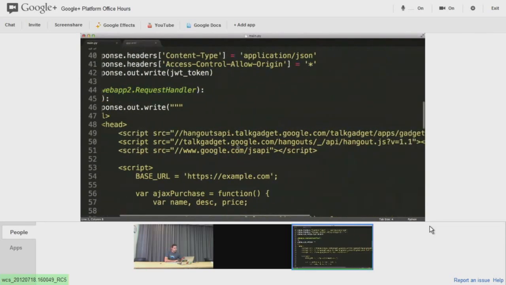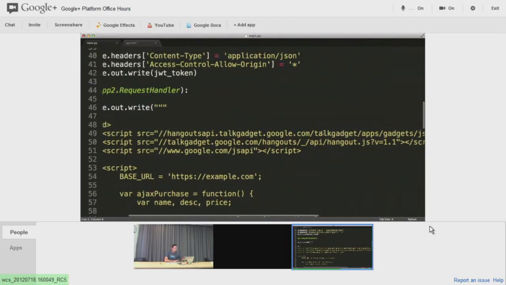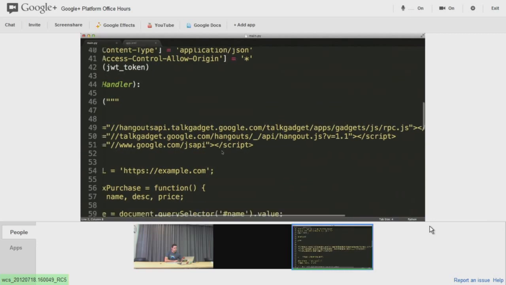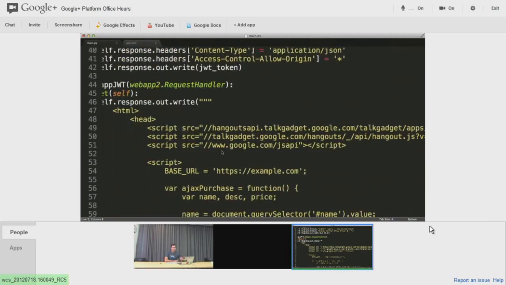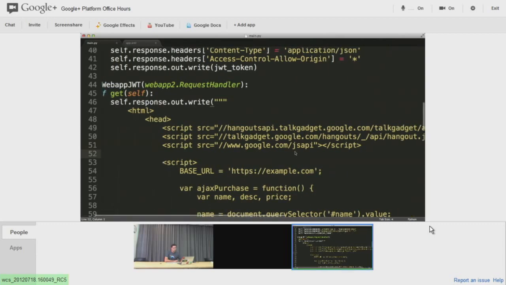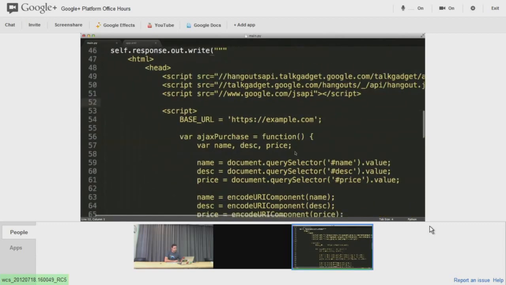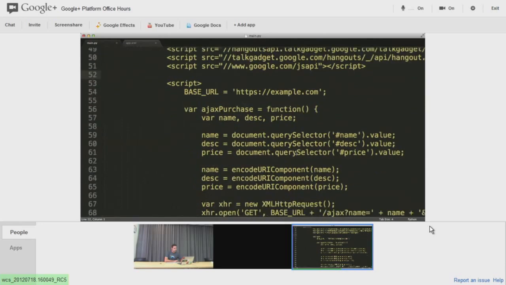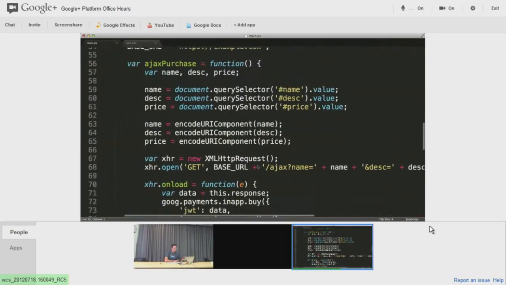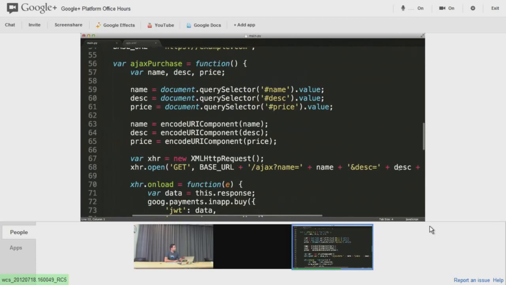And for anybody who's built a Hangout app before, you'll recognize the hangouts.js. In the iframe technique, we have to include an RPC library, and then we include the Google JavaScript API library. That's this one right here. It will be familiar if you've used things like Maps and other APIs that are JavaScript-based. Then from here on out, let me switch the syntax over to make it a little bit more readable. There we go. From here on out, we're just going to do a basic XHR request, pass in name, description,